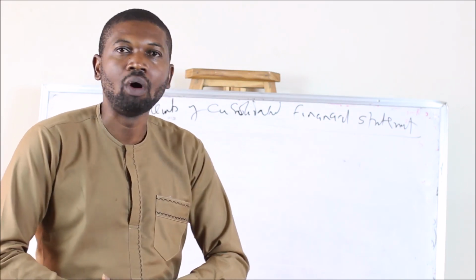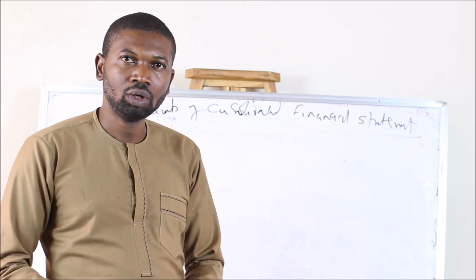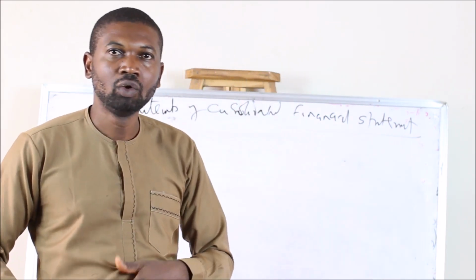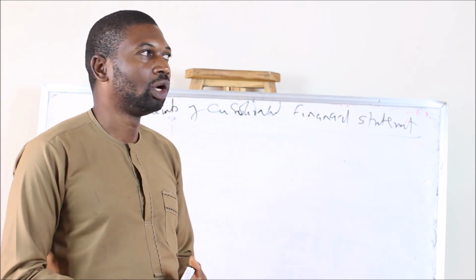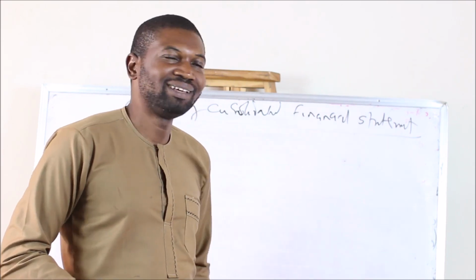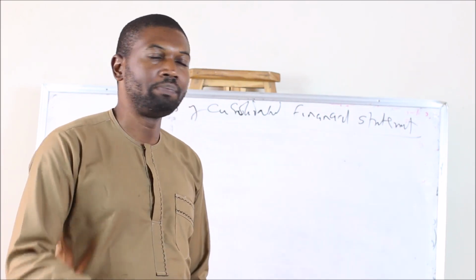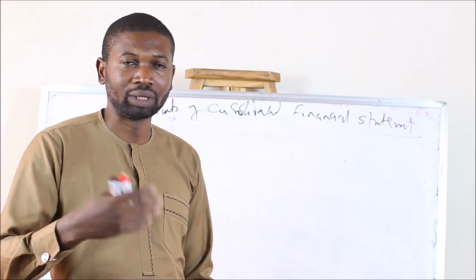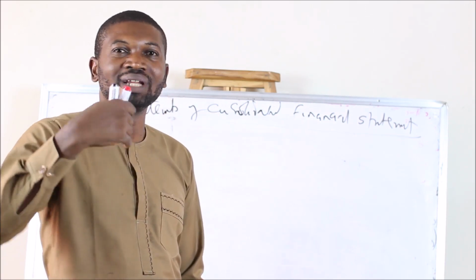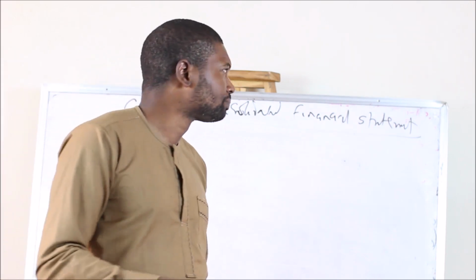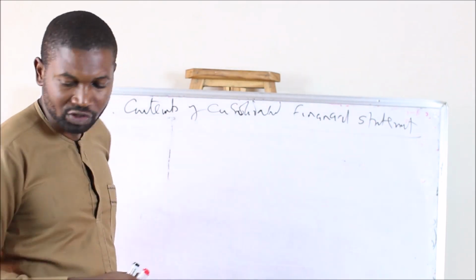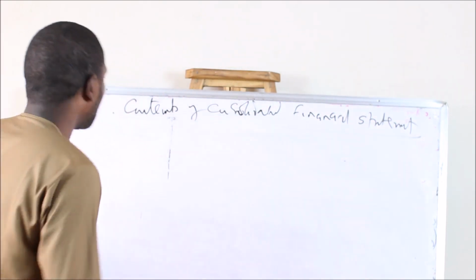So we have provision for unrealized profits, either on the sale of inventory or on the sale of non-current asset. We have how to determine your cost of investment. Also, we have how to determine the asset acquisition, how to determine your impairment, how to treat the impairment and all that. So we have done all those things, how to treat those items you might likely see under additional information.